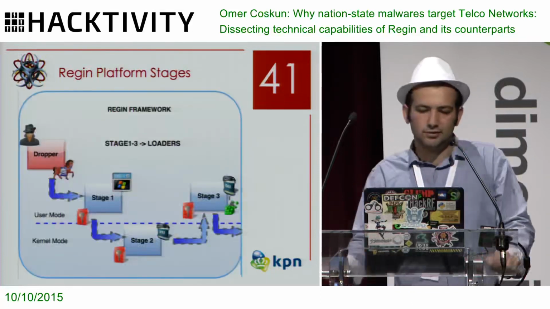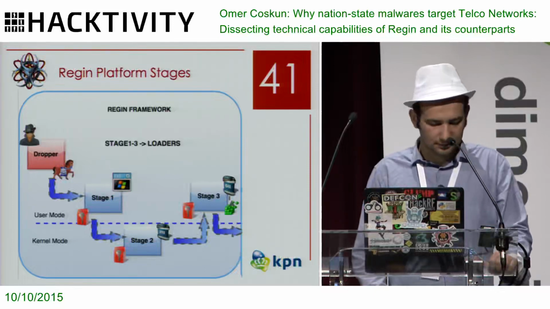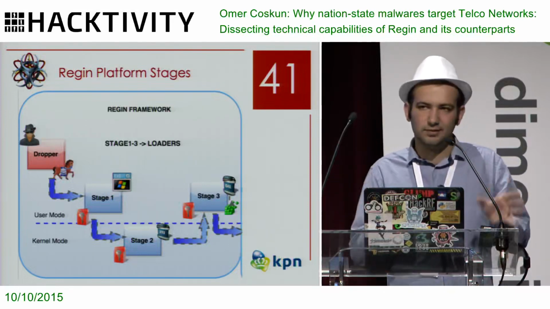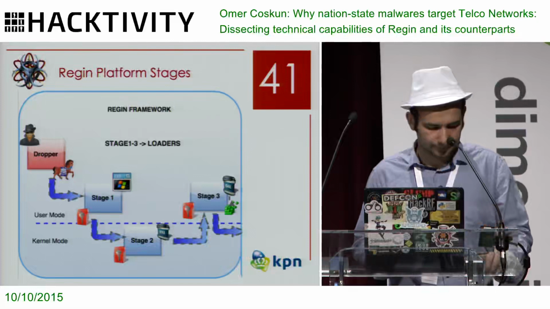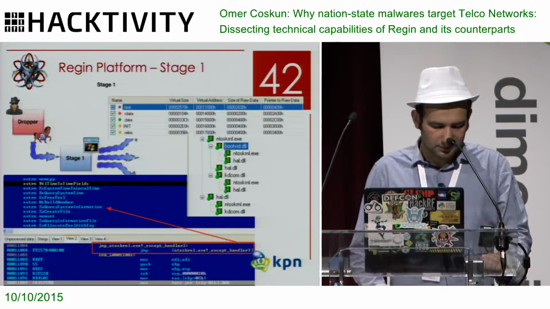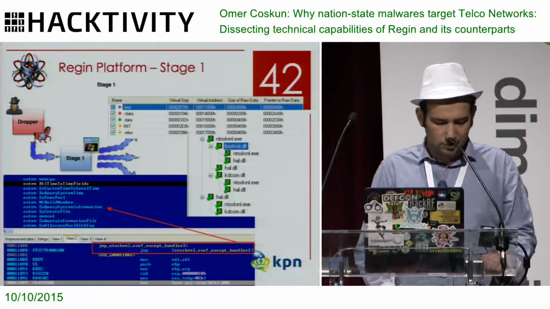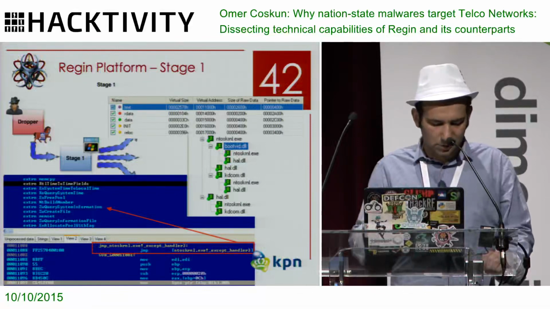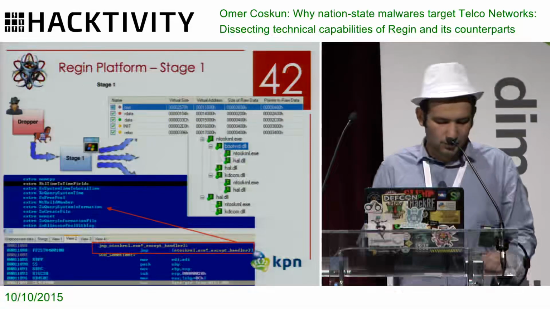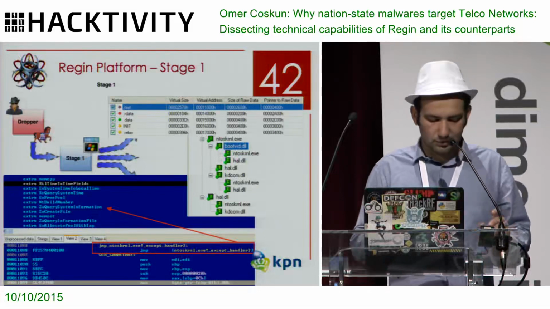If we delve into the Regin framework stages, stages 1, 2, and 3 of the Regin platform were solely responsible for decryption of the preceding stages. Stage 1 simply prepares the execution of stage 2, which is developed as a kernel module. In the snippet, stage 1 simply uses kernel memory calls to allocate a memory pool for stage 2. Consequently, it makes sense, since the following module is a kernel driver.